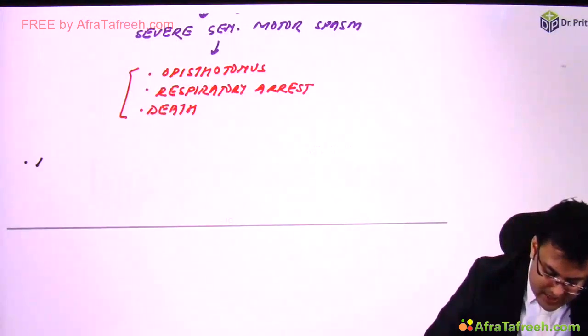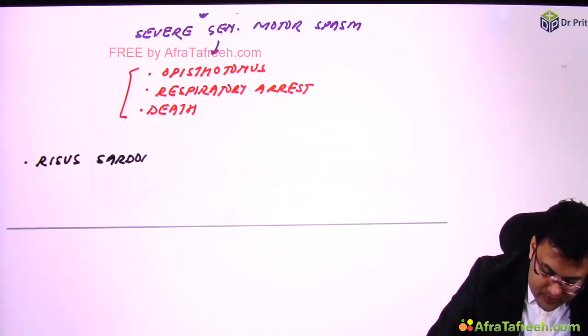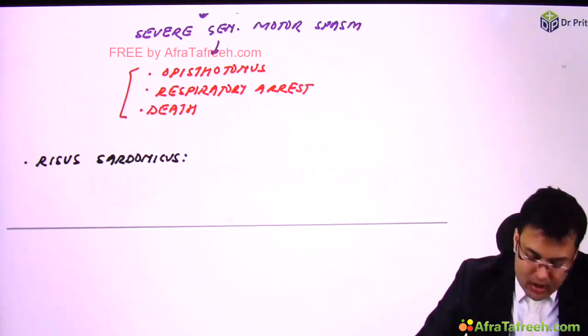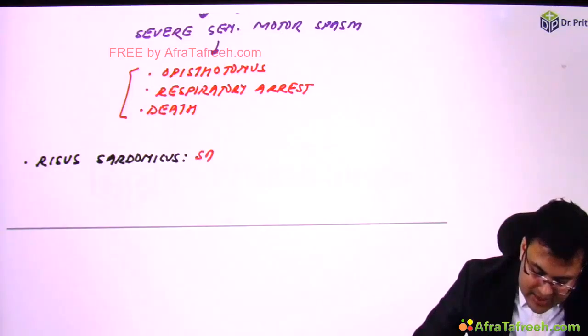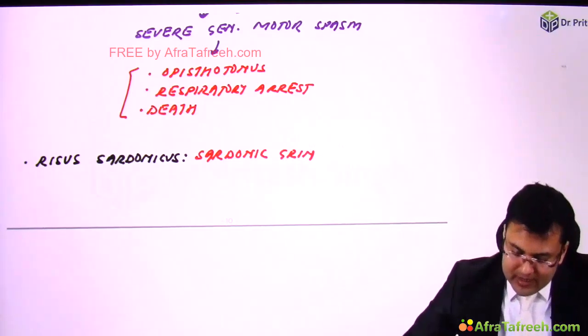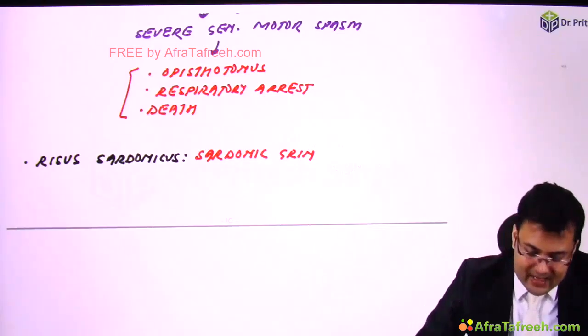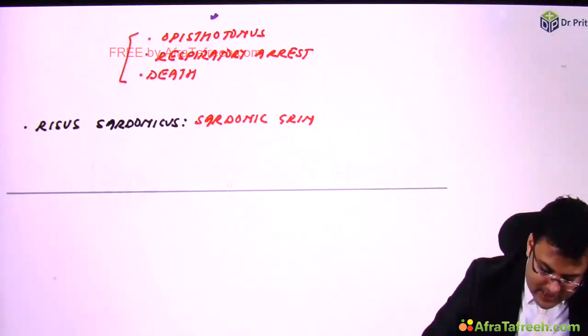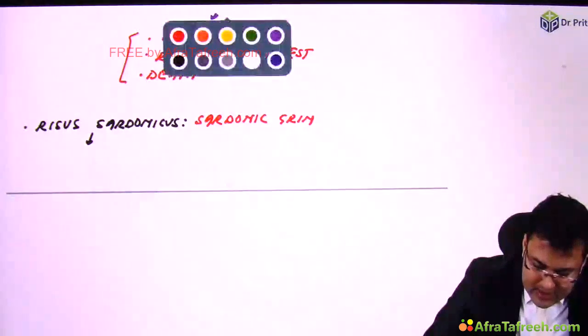So what is Risus sardonicus? The other name of Risus sardonicus is sardonic grin. Now what is the problem in this sardonic grin? This is a highly characteristic feature of tetanus, and it is characterized by sustained spasm of